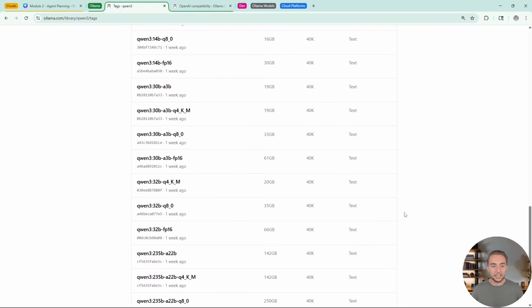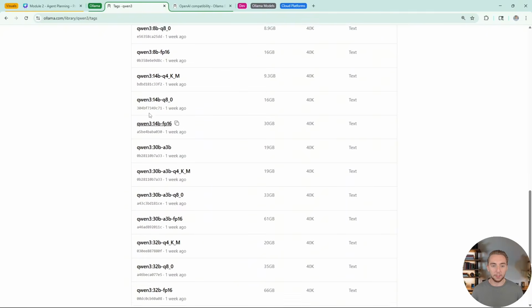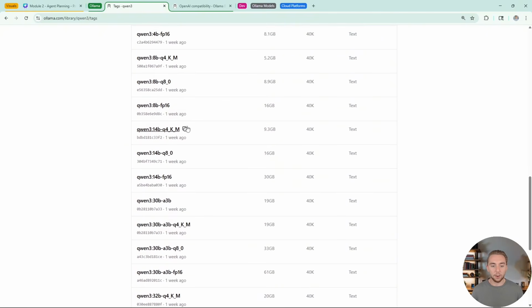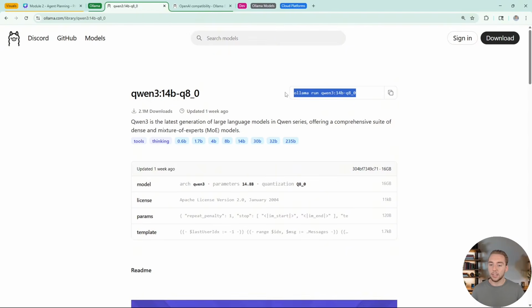But I can go down here, let's say to 14 billion parameters, and I can run the Q4 like this. So you can click on any one that you want to run. Like let's say I want to run Q8, I can click on this, and then I have the command to pull and run this specific quantization of the 14 billion parameter model. So each of the quantized variants, they have a unique ID within Ollama,